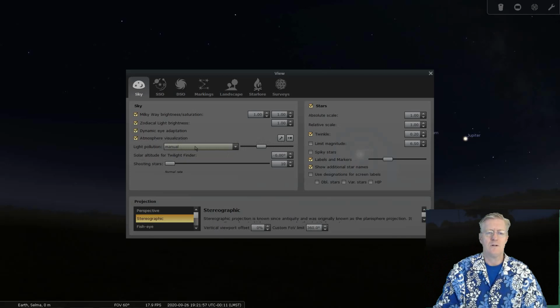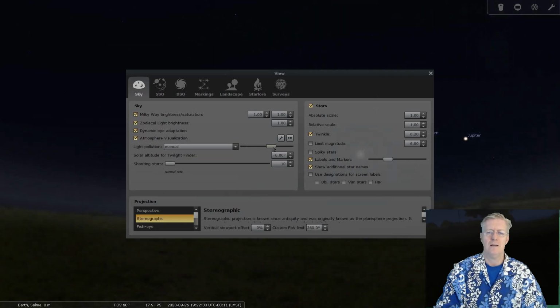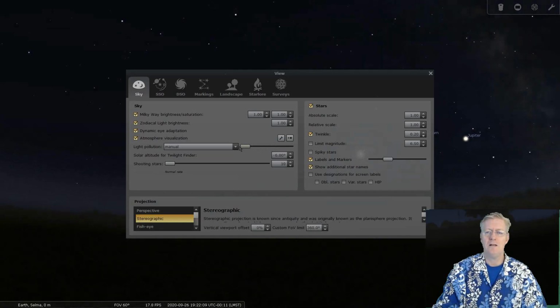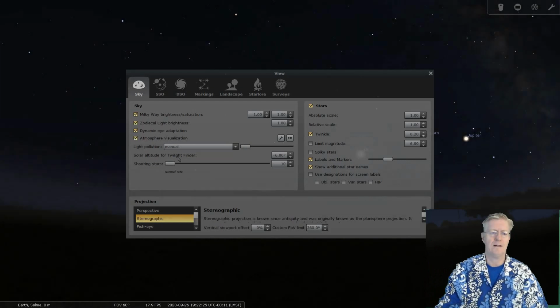Light pollution, I'm going to say manual, but if I just bring that down, notice how the sky changes. Look at that. There's a lot of light pollution, like from a city, but let's say you lived out in the country. Look at that. And that is awesome. If I take out the atmosphere totally, that's what you have. So notice around me, suddenly the stars really pop out. I'm going to leave the atmosphere in for right now.